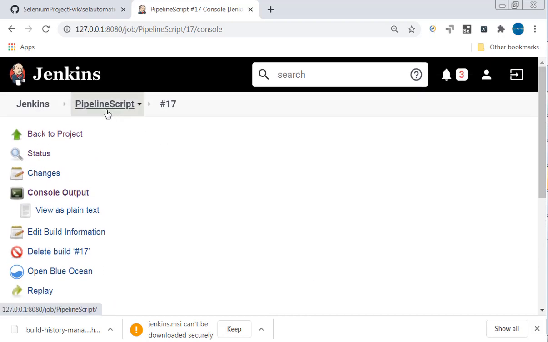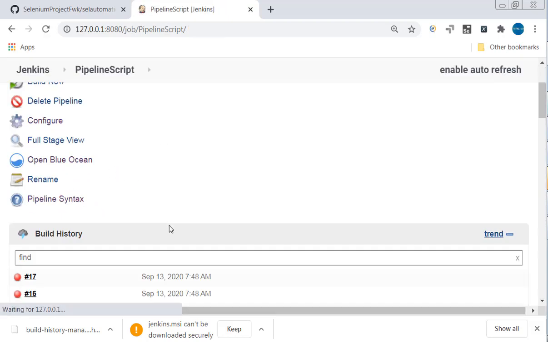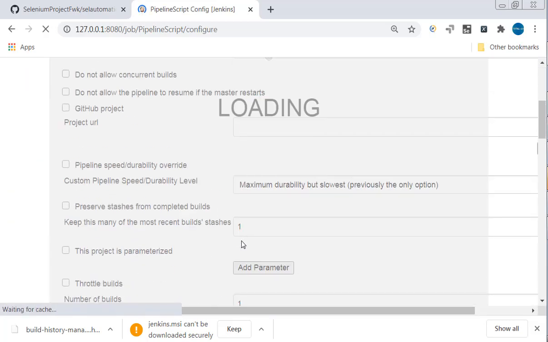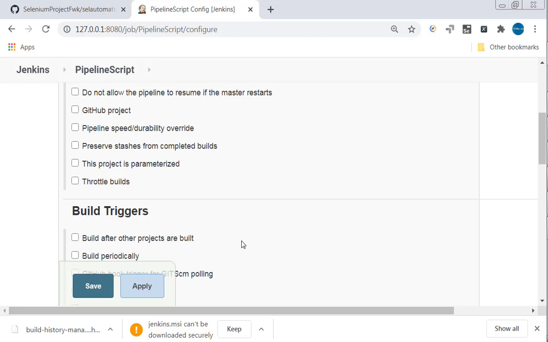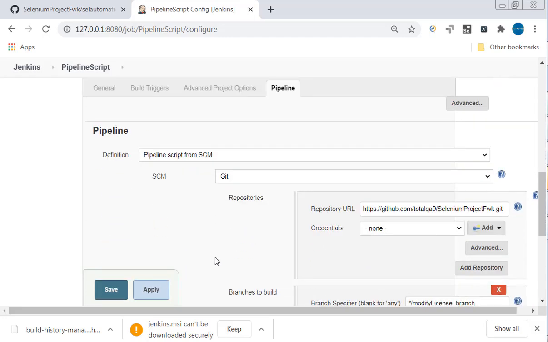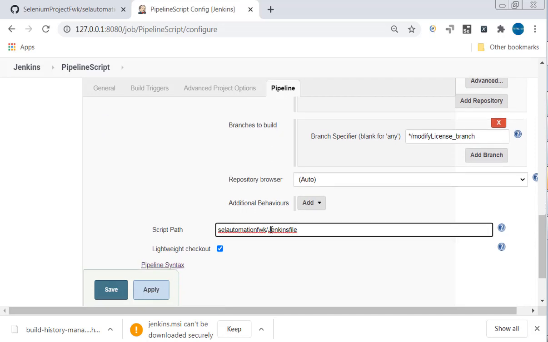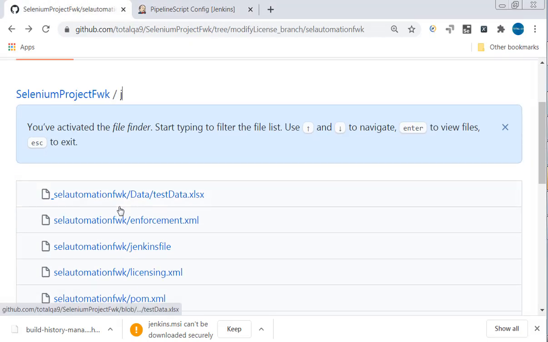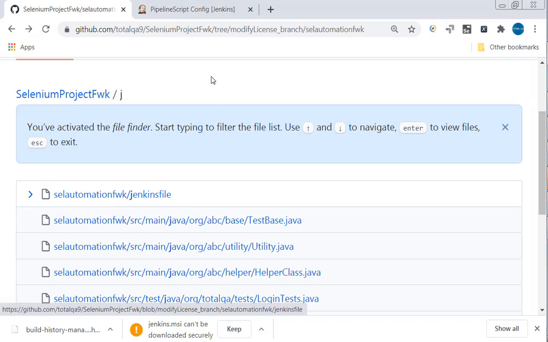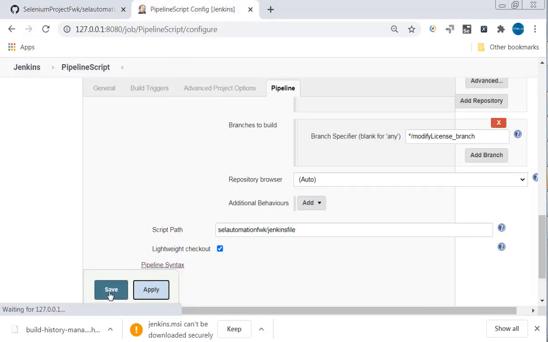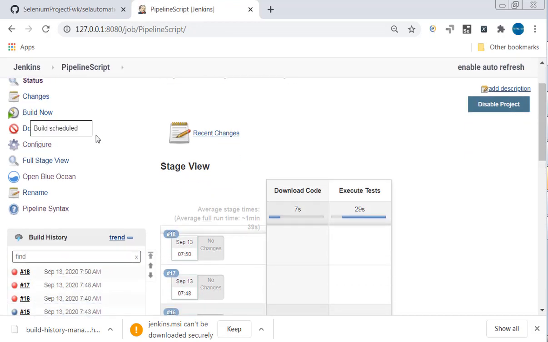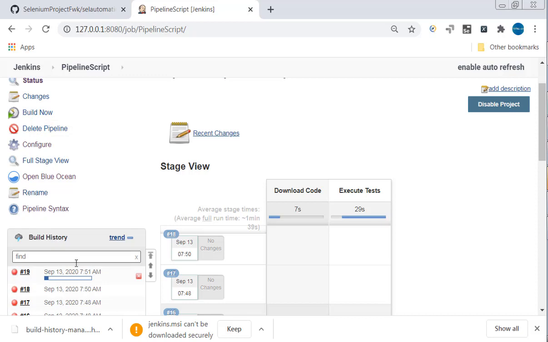Are we downloading this code? Let's see that now. Let's try to see the configuration. Okay, so one mistake we have made is that the Jenkinsfile name is not capital J, it's a small j. That is a mistake we have made. Otherwise it will work successfully, because if you see the repository, it is also a small j. Usually you should give a small j or capital J, anything is fine. Apply, save. Standard is capital J, but anyway we had given small j, you can update it afterwards.